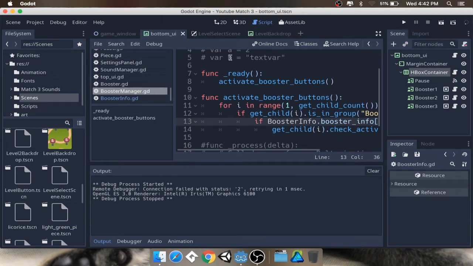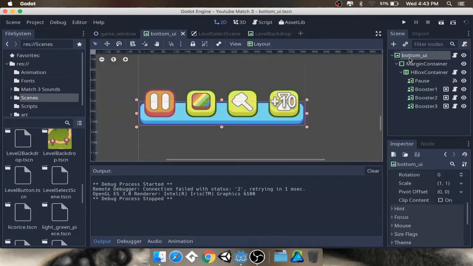All right, so welcome back. Today is kind of a back-end heavy day. Back-end development is when you're working on things that aren't necessarily shown on screen, but make things better overall to work with. So we're going to take our little bar here, which up until now has had our pause button, and then three power-up buttons, and we're going to make it so that we have a